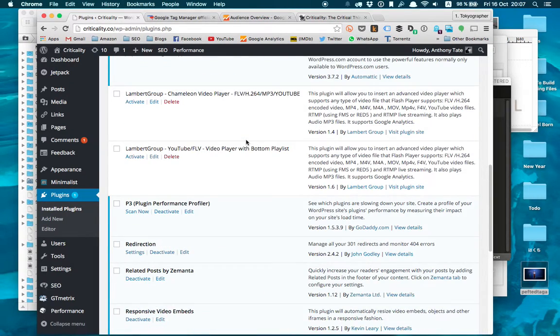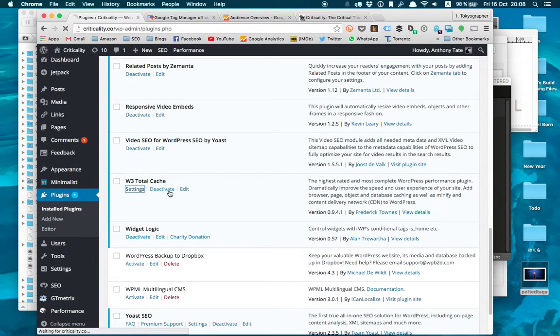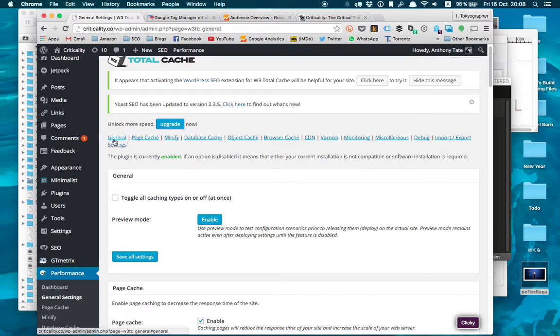So I'm going to go to the other compression plugin, which is the W3 Total Cache. This is a pretty popular plugin and is one of the most complete plugins in cache optimization there is in WordPress. It's been around for a couple of years. And as you can see, it has very detailed page optimization that goes from CSS minifying, database cache, object cache, browser cache, CDN, which is the content delivery network, varnish, monitor, and all this stuff,